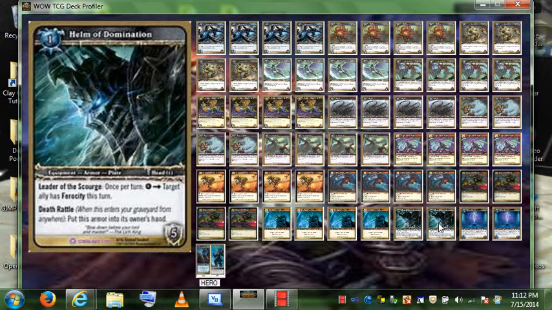Helm of Domination. It's an equipment armor plate card. Its effect, Leader of the Scourge. Once per turn, you can pay 1. Target ally has ferocity this turn, which means the monster can attack the turn you summon it. That's always good. And I have Death Rattle, which is when this card enters the graveyard from anywhere, whether it be from the hand, deck, out of play to the graveyard, whatever, field to the graveyard, I can put this card back into my hand,